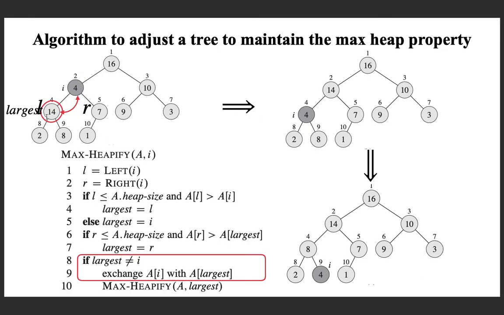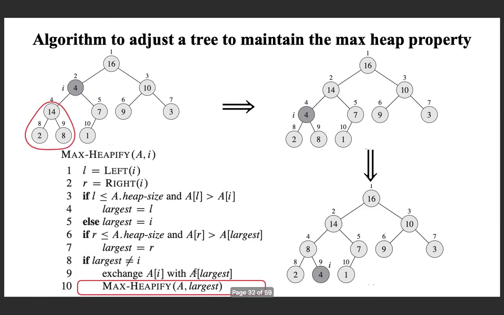That is, if the largest, that is this value, is greater than this, you will see that i is at index 2 now and largest is at 4. That means largest is not in the root node, so you have to interchange. That is what you are doing here. And after you interchange, you might have got a new value here.